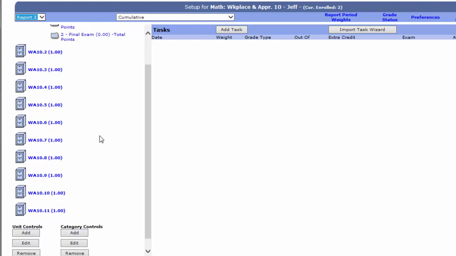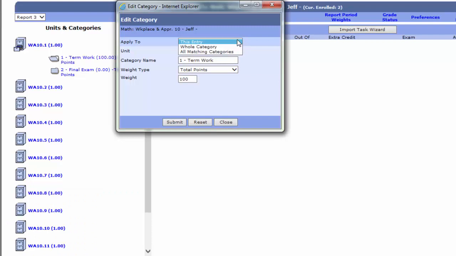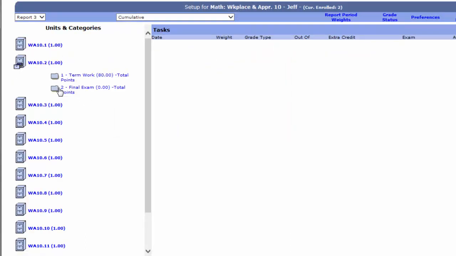So term work is open. Under Category Controls, click Edit. Click down Apply To and say All Matching Categories. Type in your new weight. Click Submit. And to check that, if you just pick another unit that says 80 as well,